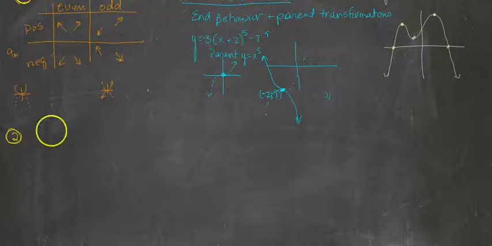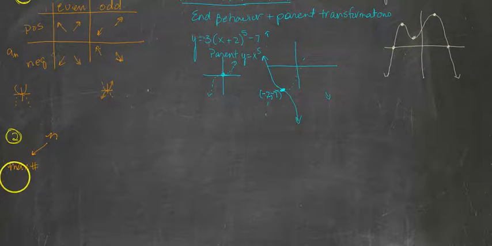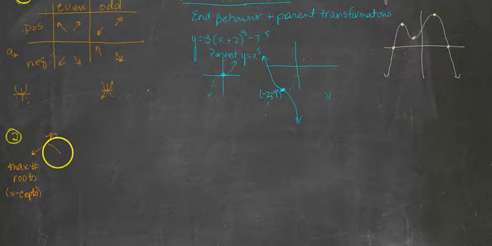And the information n will give us is twofold. It'll tell us, one, the maximum number of roots, right? Roots are just x-intercepts. And it'll tell us the maximum number of turnarounds